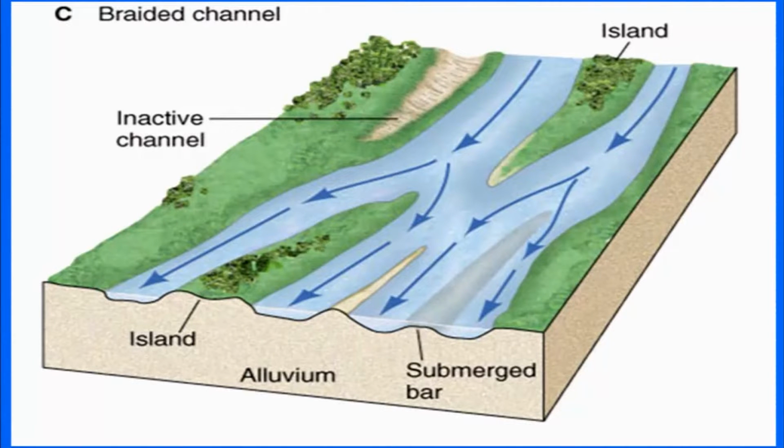which we discussed, the braided channel. So, in a braided channel, what we see is multiple channels, or more than one channel, which bifurcate and join or rejoin, and result in the formation of smaller islands or braid bars in between the two channels. So, multiple channels rejoin